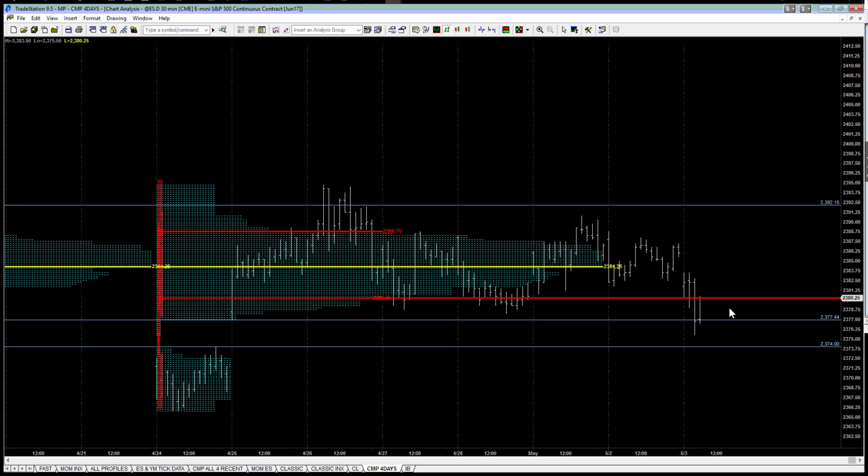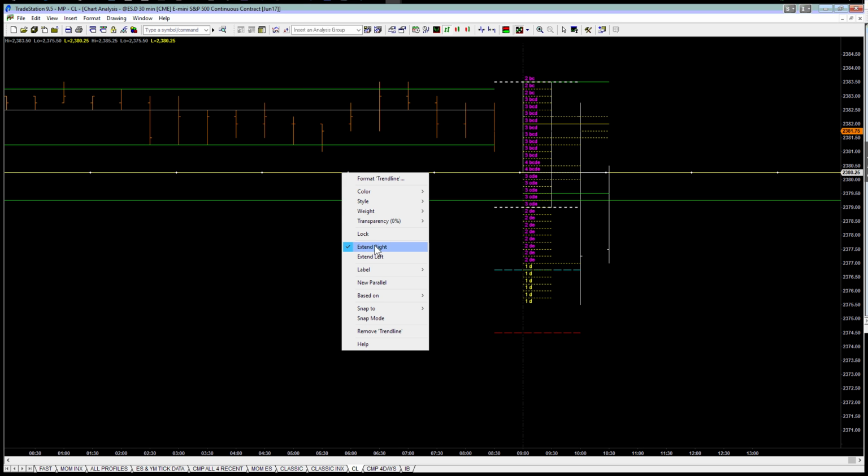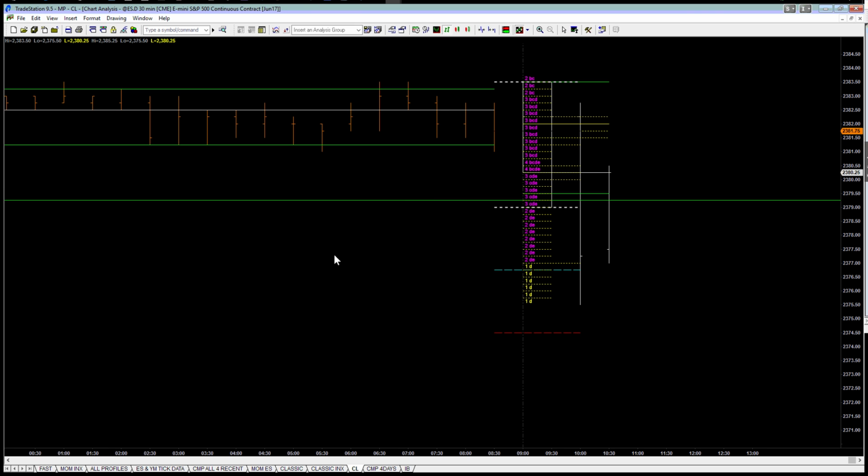Now we're right back to 80.25, which was that low value area, the big one. So that's of interest. But what I'm really looking at is this. Okay. Let's get that out of the way. So the TPOC is right there, but the,